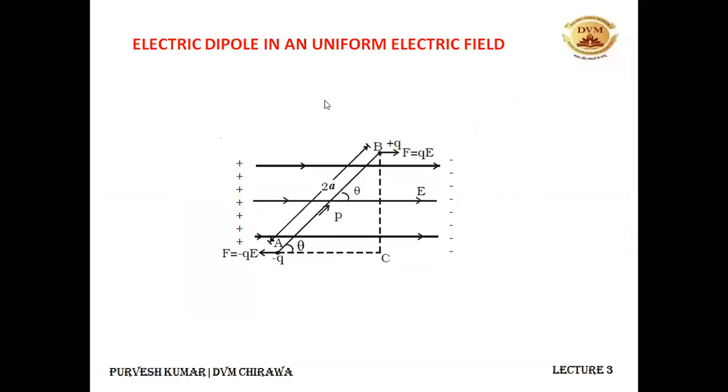All right. So this is some source of positive charge. This is some source of negative charge. The electric field will always move from the positive charge towards the negative charge. And my AB is a dipole which is having minus Q charge at A and plus Q charge at B, and it is placed at an angle theta with the electric field. The dipole moment is from negative to positive, and this direction is making an angle theta with the electric field. Please draw this diagram, and then we'll be doing this derivation, and that will be all for today. Please draw it.